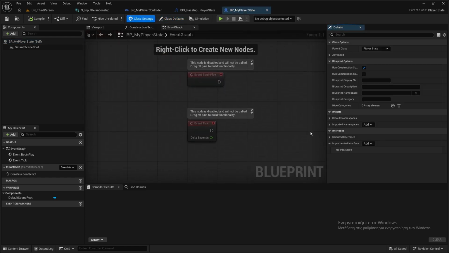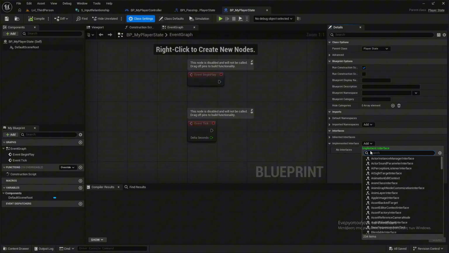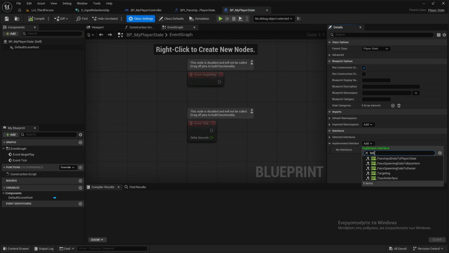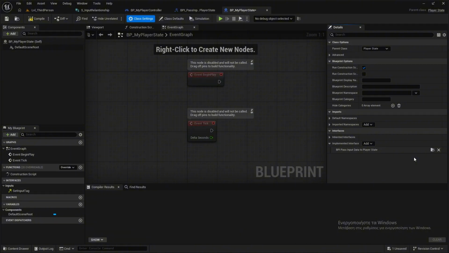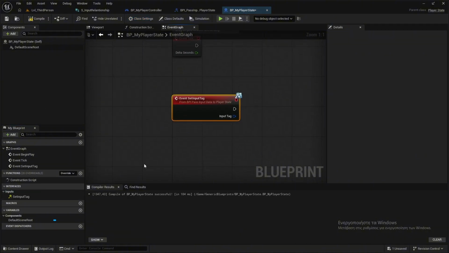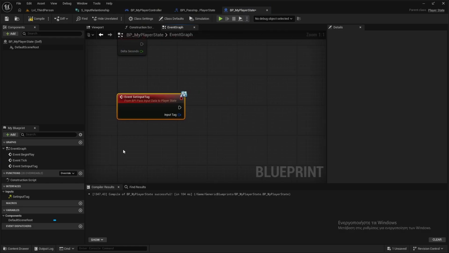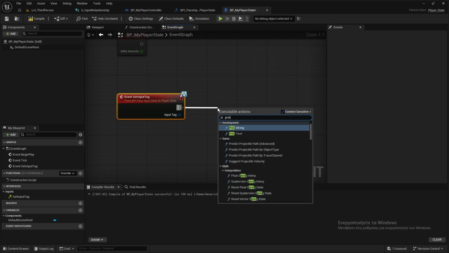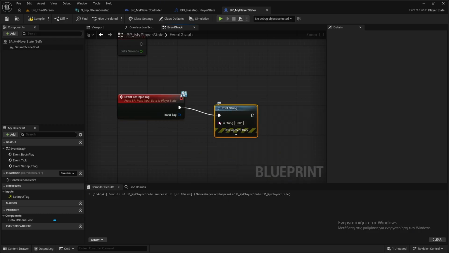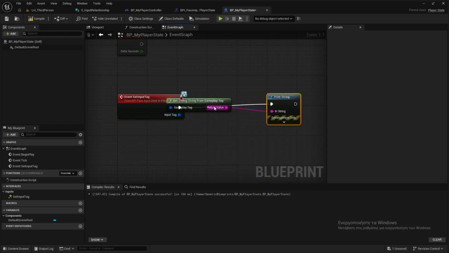Anyway, now I can say class settings and add the BPI passing data to the player state. So for now I can print string the input tag,